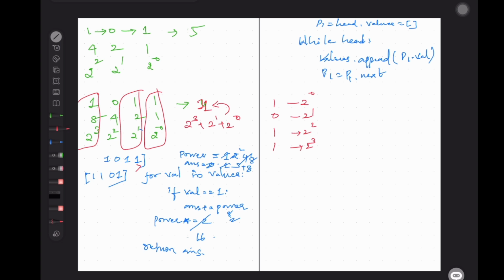So basically this power determines the value, and for this particular MSB, the power is determined by the number of LSBs at the end. So when you are traversing this, basically if you keep on multiplying by 2 until the LSB ends, you will get this power.